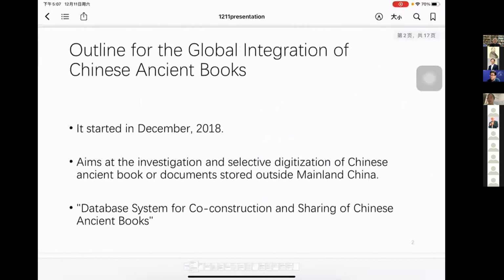So firstly, I would explain the project briefly. The global integration of Chinese ancient books started in December 2018. The subject of the project is the Chinese ancient books and documents stored outside mainland China. The project aims at thorough investigating and cataloging, selective digitizing of rare and good editions absent from mainland China collections,